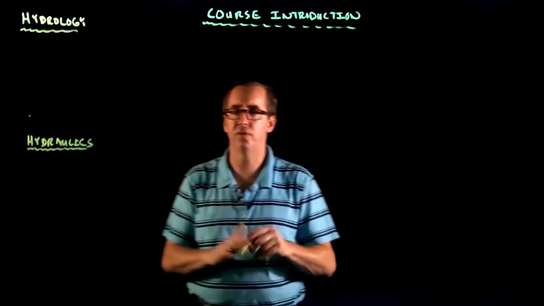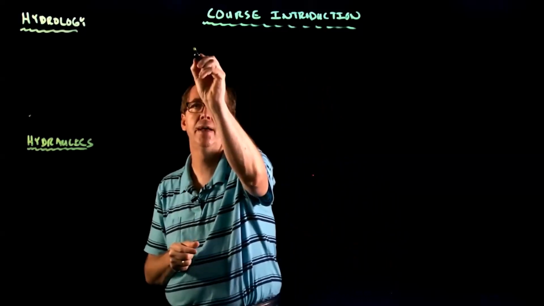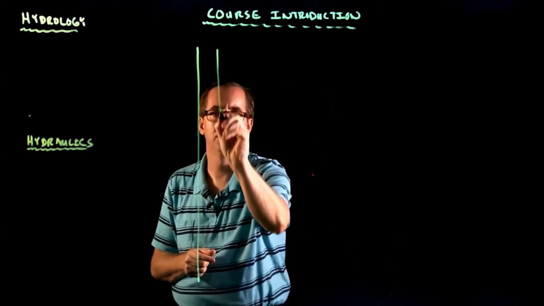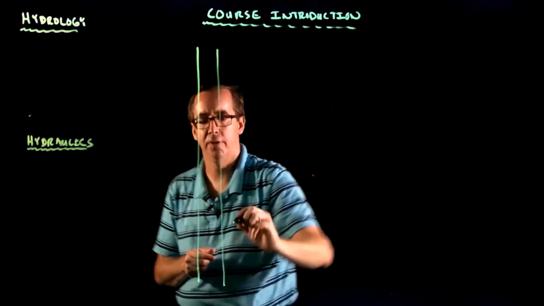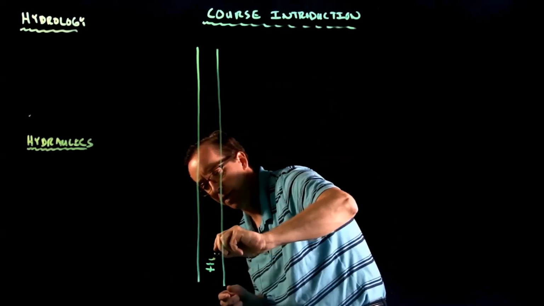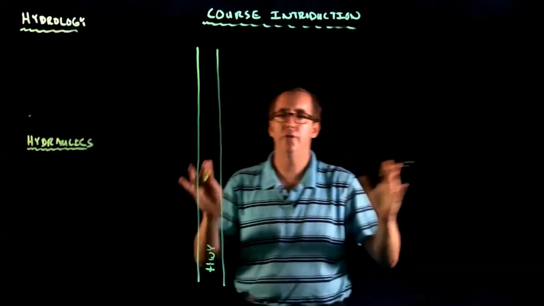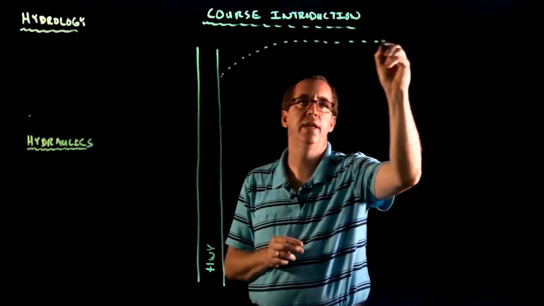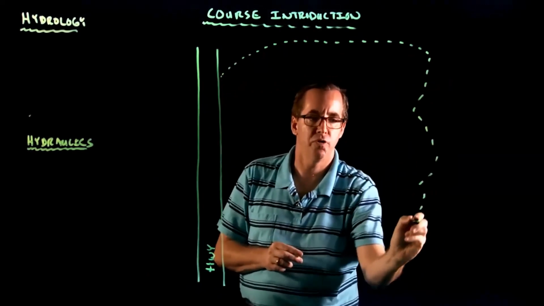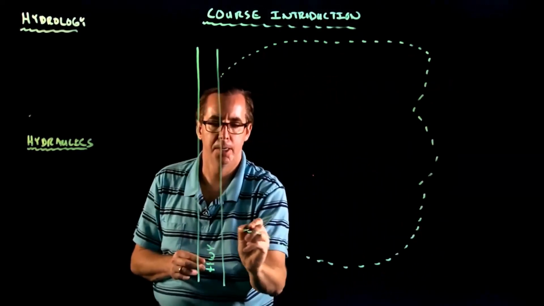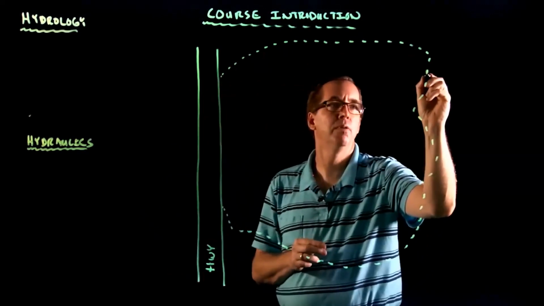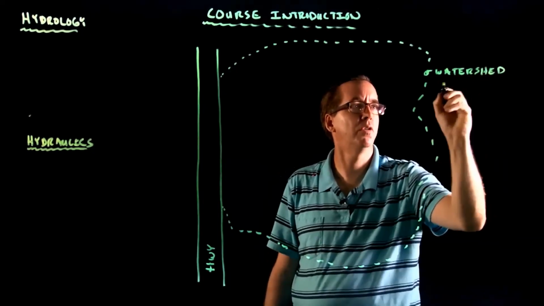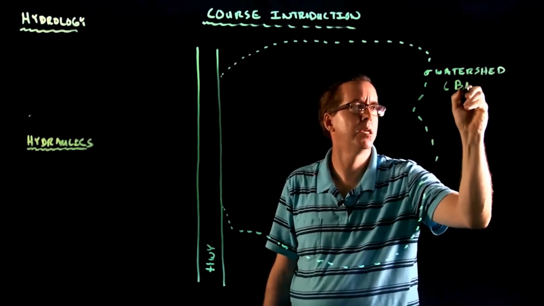The best way is to start with a conceptual example. Let's say we have a roadway going north-south, and let's just call that a highway. Adjacent to the highway, we have an area that we're going to designate as a watershed. I'll label that in just a second. Okay, so here we have a watershed. Watersheds are also known as basins.